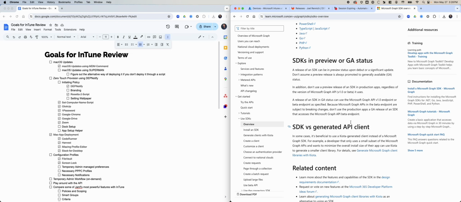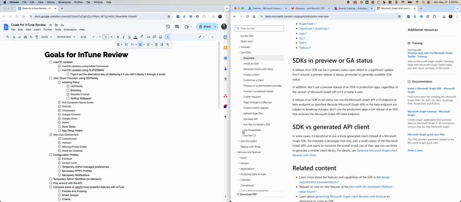I'll probably reach out to the rest of my team who does a little bit more with API work and see what they think of this API. This API doesn't seem to be interactive. It just seems to have documentation, which is a little bit harder to use than something that's interactive like Jamf's API or even Workspace ONE's API, or Kandji's API for that matter. But yeah, the most difficult thing is definitely the documentation and the unintuitiveness of